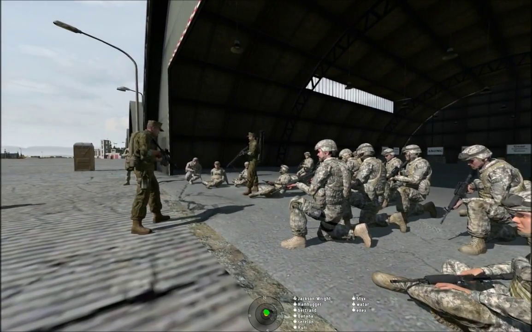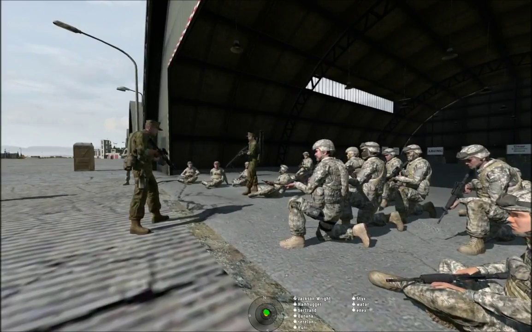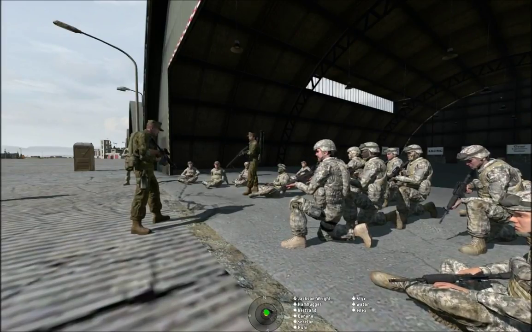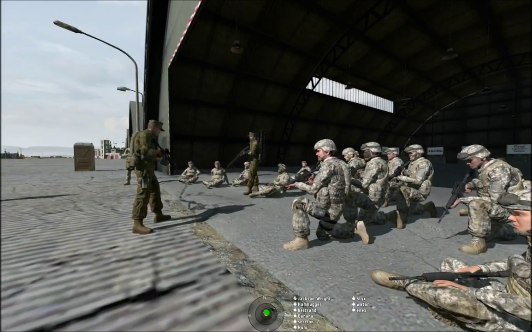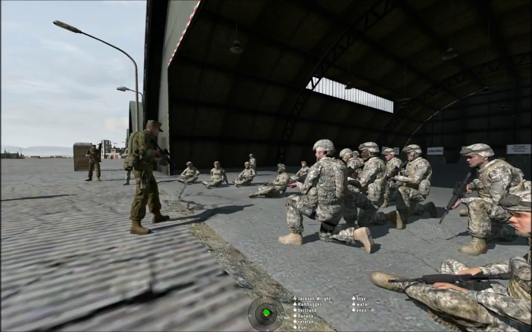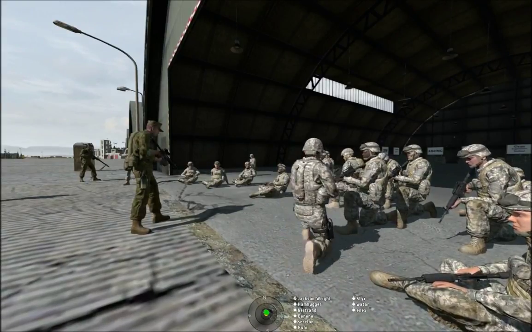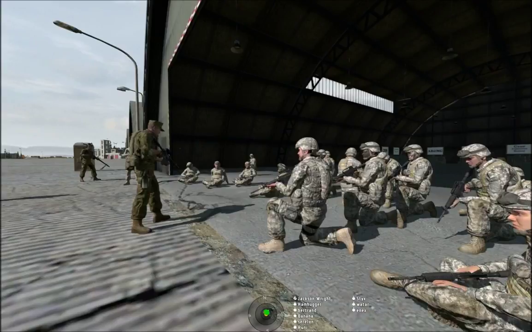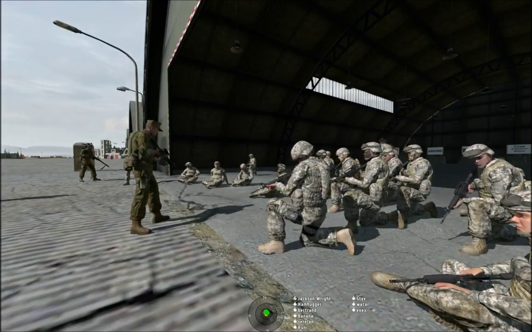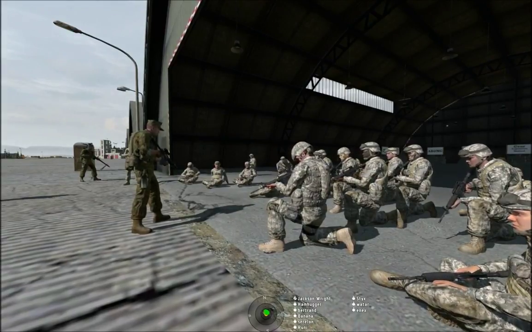Okay, so welcome to the radio telephone operators course, or basically radio procedure course. What this course is designed to do is to train you on how to use various radios introduced by ICA and how to properly communicate on the radio. This course will allow you to become a more effective team leader, squad leader, supplement platoon headquarters, or being an RTO. The skills taught here can be used in missions you participate in, or wherever you have to use communication mediums